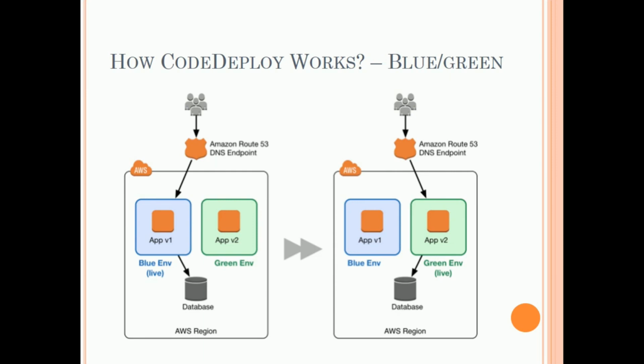Once we are sure that the green environment is now production ready, we can switch the traffic from blue to green. We can shift the traffic all at once, or we can do it with a weighted distribution. Once the traffic is routed to green, green becomes the new blue environment. Instances in the original environment, that is the blue environment, are deregistered and handled according to our specification in the deployment group, either terminated or kept running.